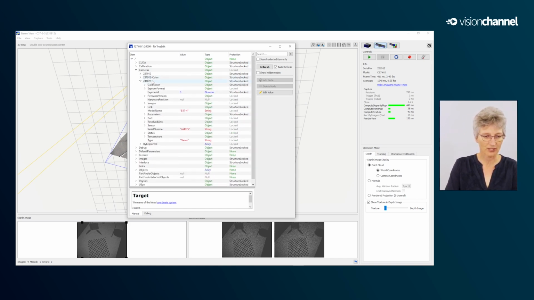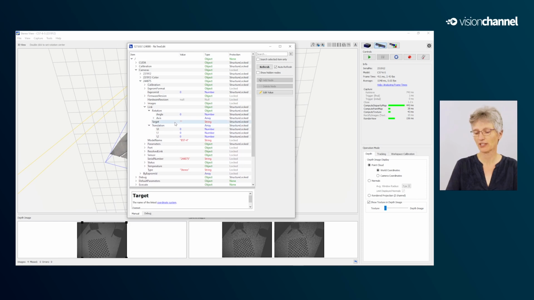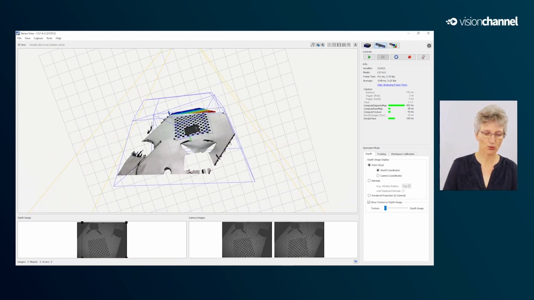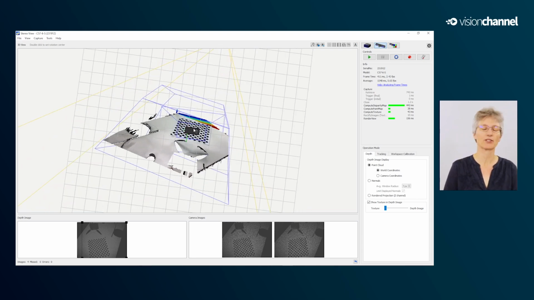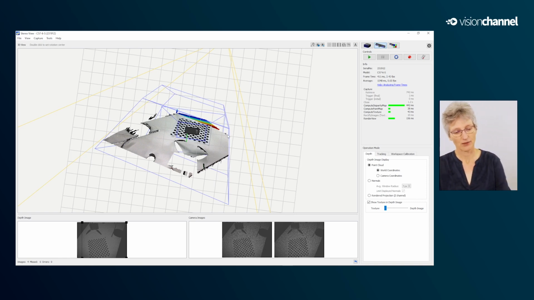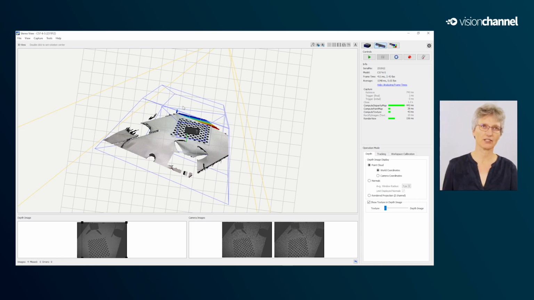And now we have the Ensenso B. And here you see that the link is empty. It's not linked to something. And this we can use for another feature. So maybe you don't want to have the object in the coordinate system of that camera, but you want to have it in another coordinate system. And so you can store in the link node of the Ensenso B another transformation.